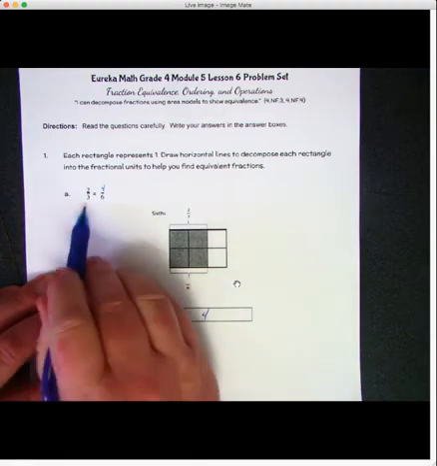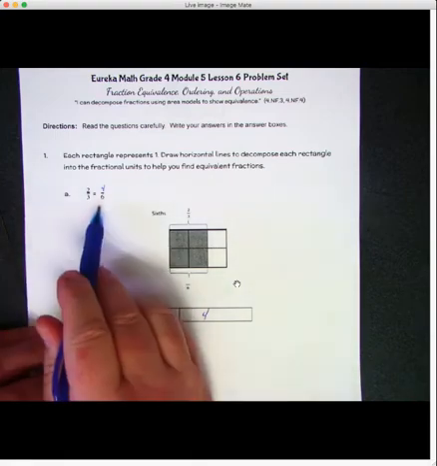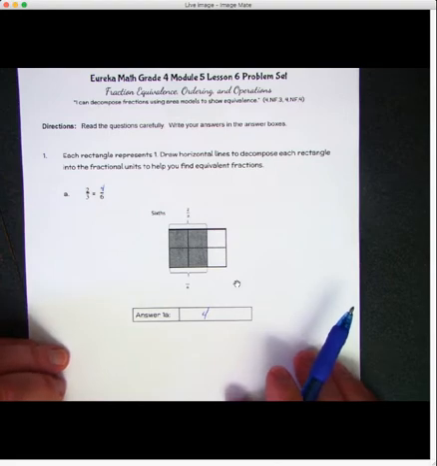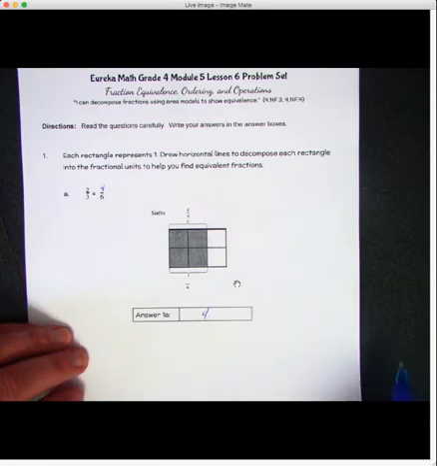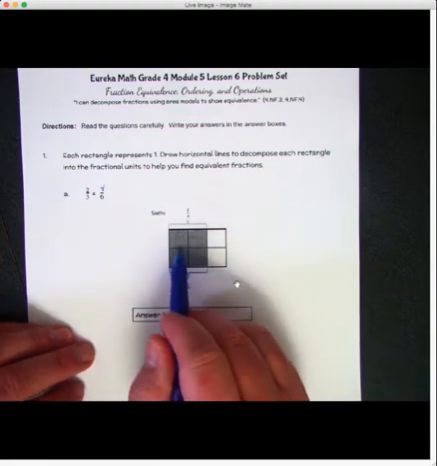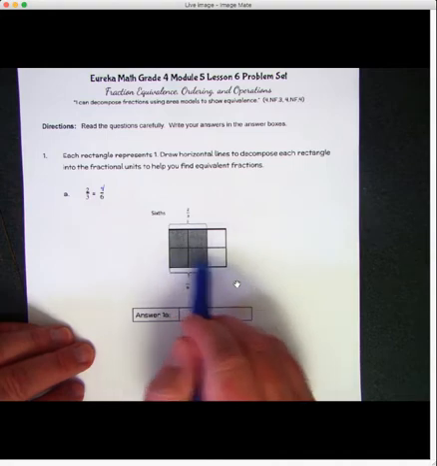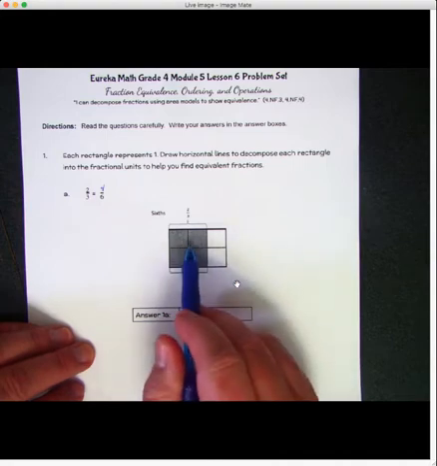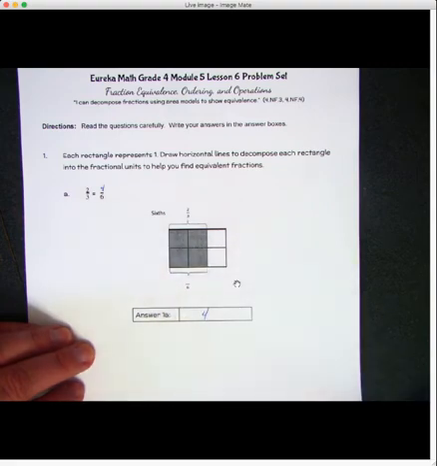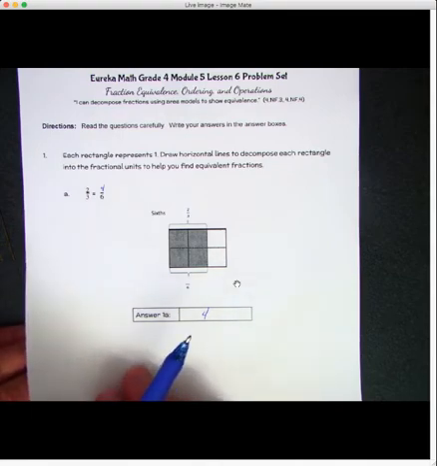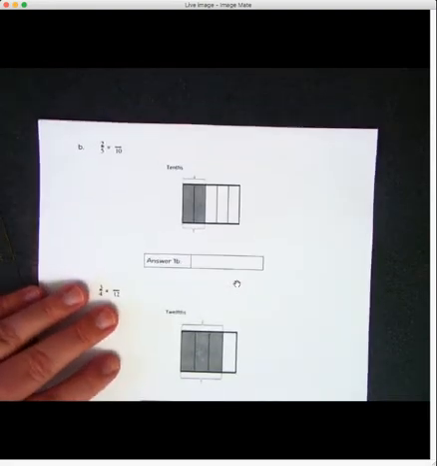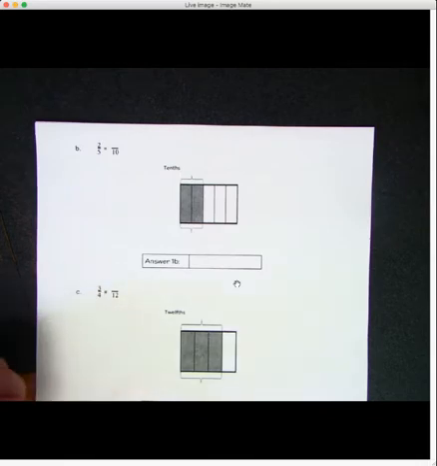Okay, so 2/3 is an equivalent fraction to 4/6. That means they equal the same thing. They're just divided into smaller pieces. The sixths are. The thirds is split into 3 pieces. But if we split it in 6 pieces, then you've got 2/3 or 4/6. It's kind of what we're looking at today and really the rest of the week. So this lesson today is a little easier, to help us get some foundational knowledge for the rest of the week. We're doing the same thing on all these, except the lines aren't drawn